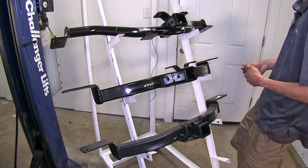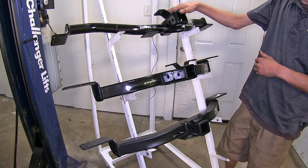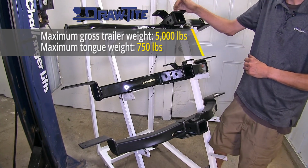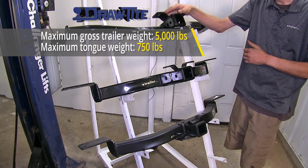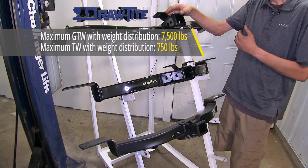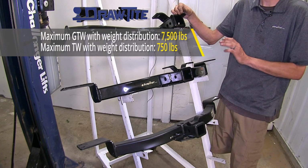Now, the first biggest difference that we found between our 3 hitches here today is in regards to weight capacity. Our Draw Tite hitch here at the top does have the highest weight capacity of the bunch. It has a 750 pound max tongue weight rating, which is the amount forcing down, and a 5,000 pound max gross trailer weight rating. It does support the use of weight distribution, and when you're using that on your trailer, your tongue weight rating remains the same at 750 pounds, but the max gross trailer weight rating increases to 7,500